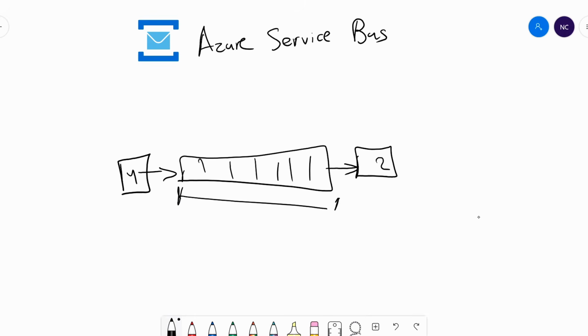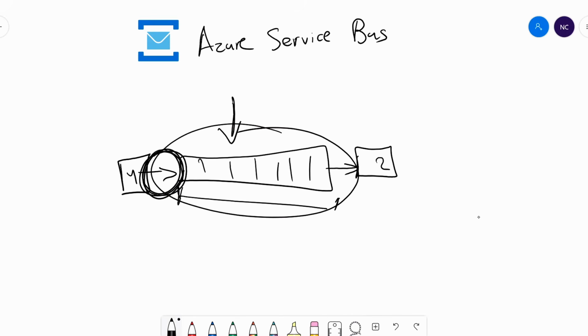What's very important is that the moment we actually publish on this end, the messages that we publish in here are very durable, which means that there is seemingly very close to zero chance of losing messages once they get in here. They will either go to something that we call the dead letter queue, and I'm going to explain what that is in a second, or they will be consumed by the application. So let me explain this with an example.